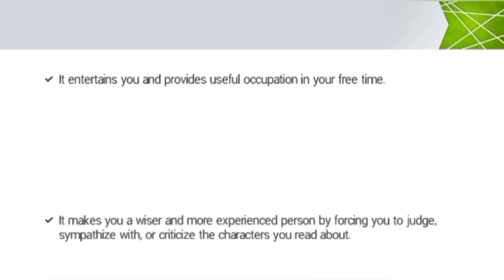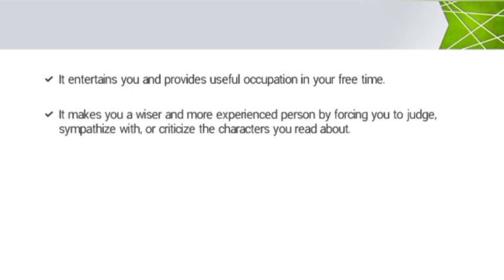It entertains you and provides useful occupation in your free times. Entertainment. Reading some literature is such as an entertainment for some people. Menjadi hiburan. Membaca novel, baca puisi, atau misal watching some drama, so it is a kind of entertainment.